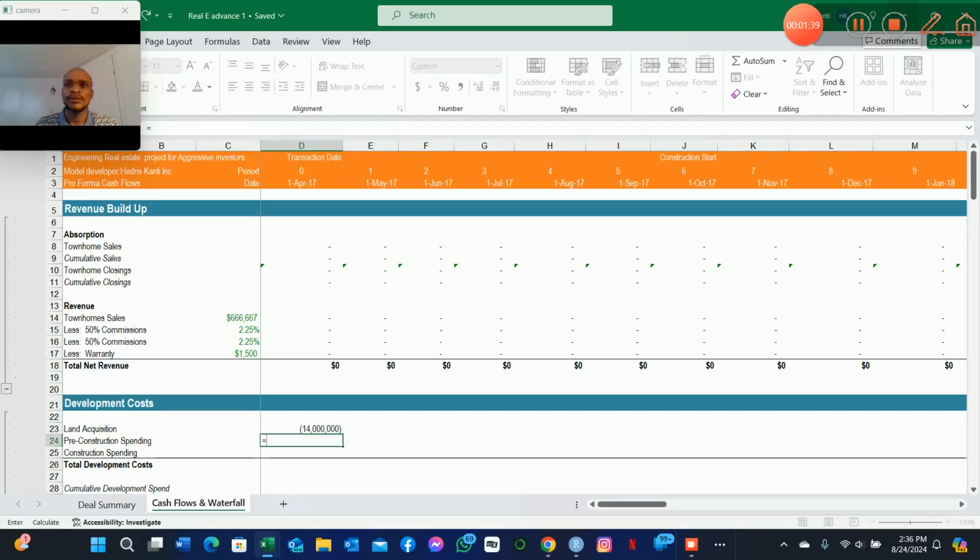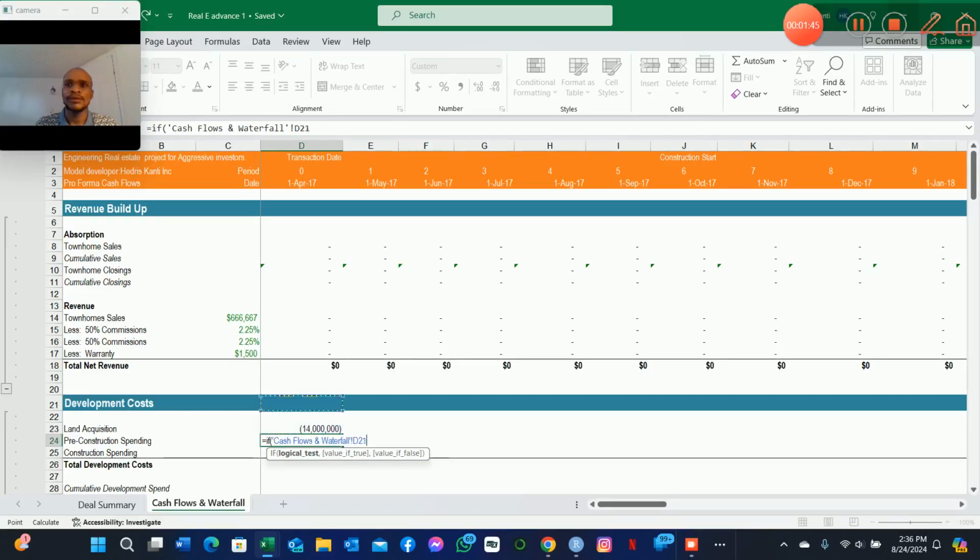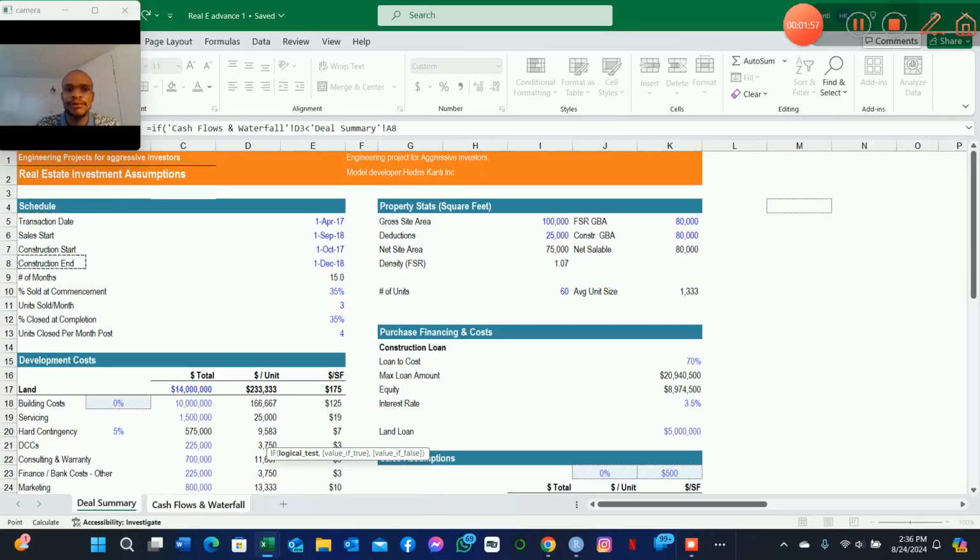So we will say that if we go to the deal summary section, we see if the date that we are in is less than the construction start date, which we'll reference here with F4,